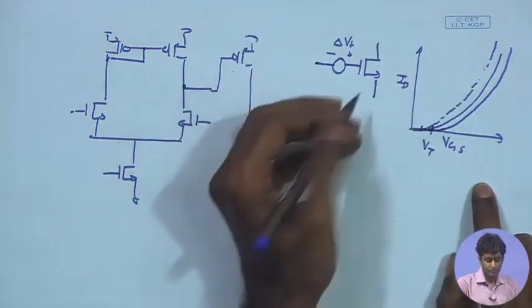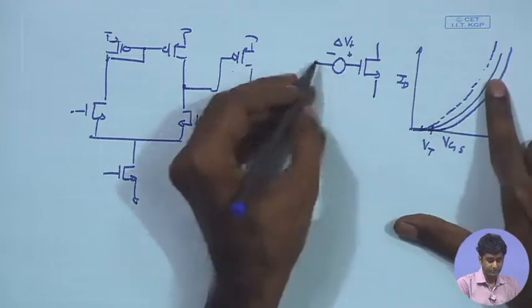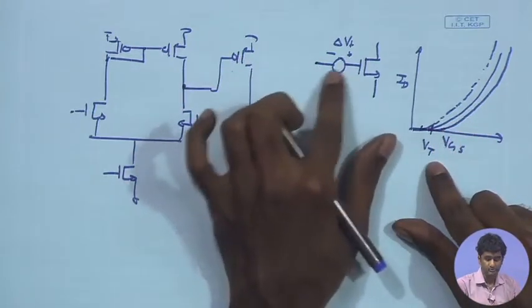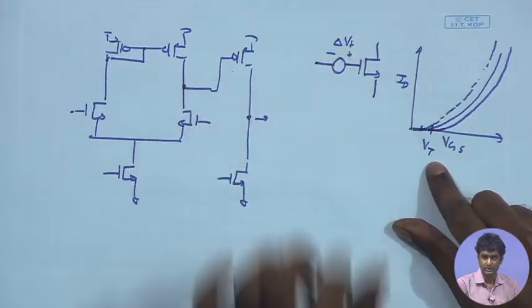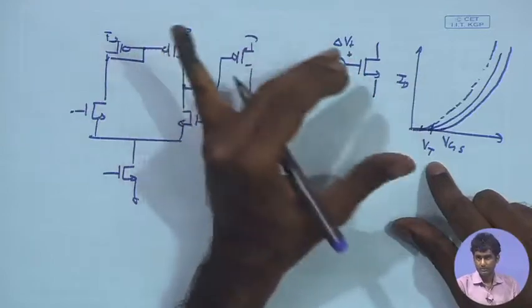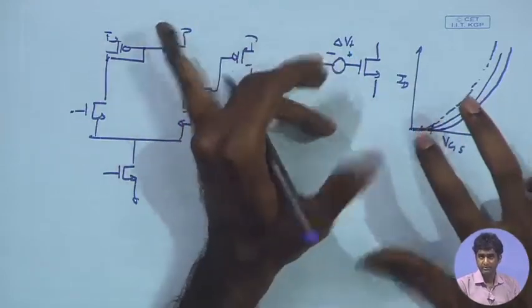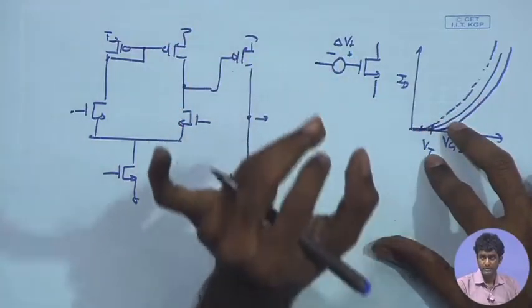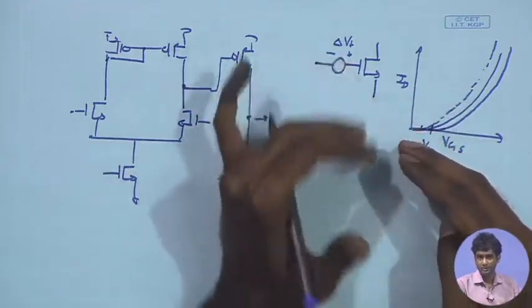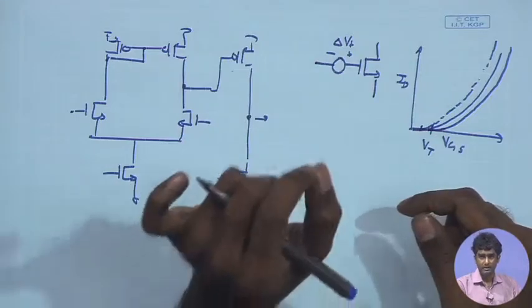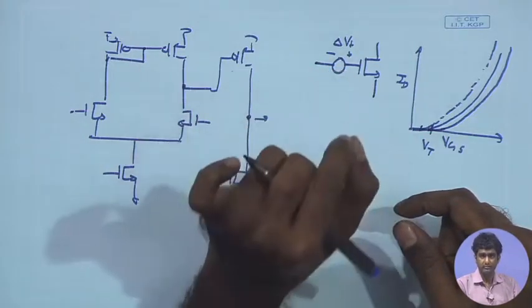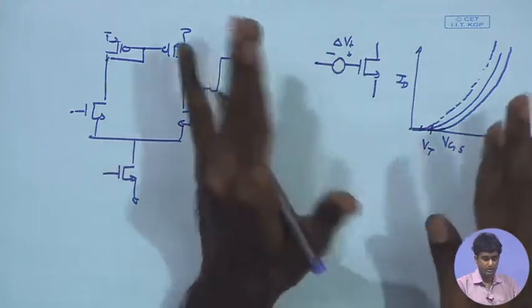So, I can capture this shift in the characteristics by modeling the mismatch or the change in VT by a small voltage in series with the gate of the MOSFET, by putting a delta VT over here. There are many other parameters in the MOSFET that can vary. Vt is of course a particular parameter coming in the model. In the actual physical device, there are so many different parameters because of which other characteristics can also vary, but in order to capture the parameter variations, generally delta Vt or Vt mismatch is a good way, and generally